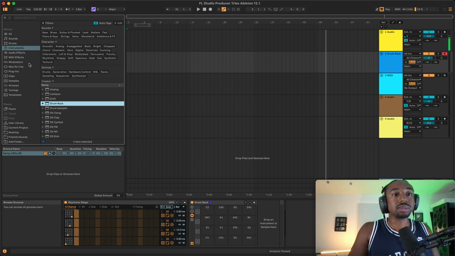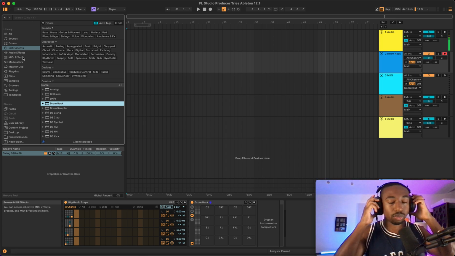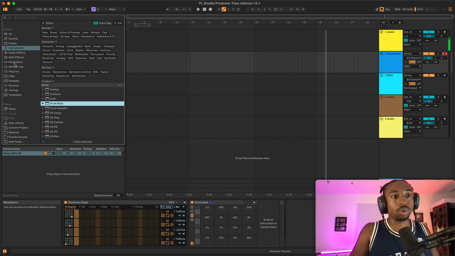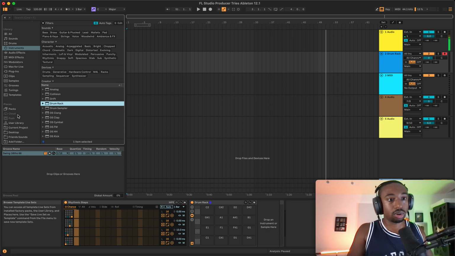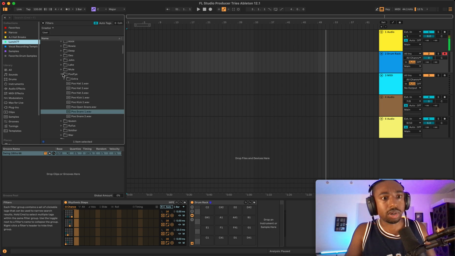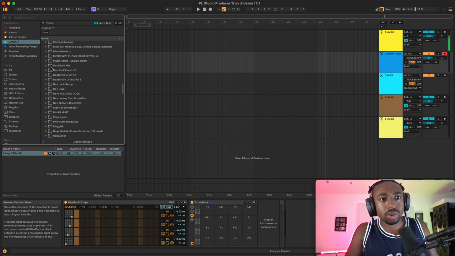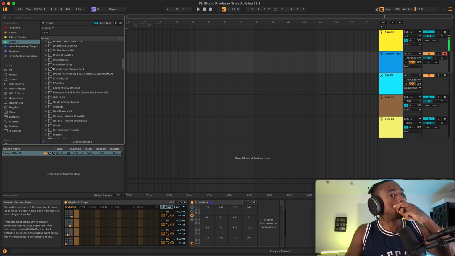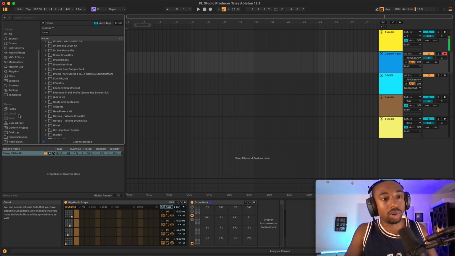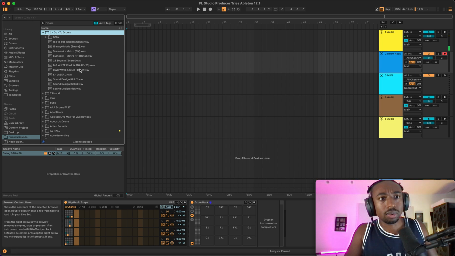Okay, so now let's find some drums to put in the drum rack, and I'll show you some techniques that I'm starting to use for my audio in Ableton to make it sound even doper. So let's find some drums. The drums are going to come from my hard drive, but I do have some folders which are marked so that we save some time. Let's go for more trap drums here. There's one kick I use. Let me find it. My go-to kit.